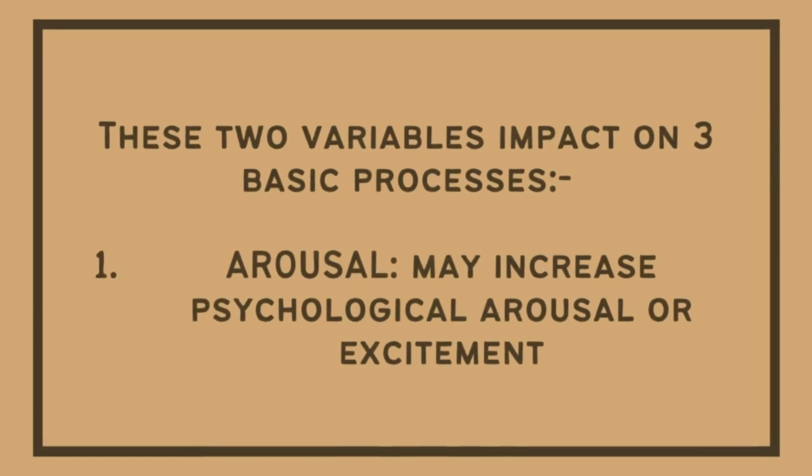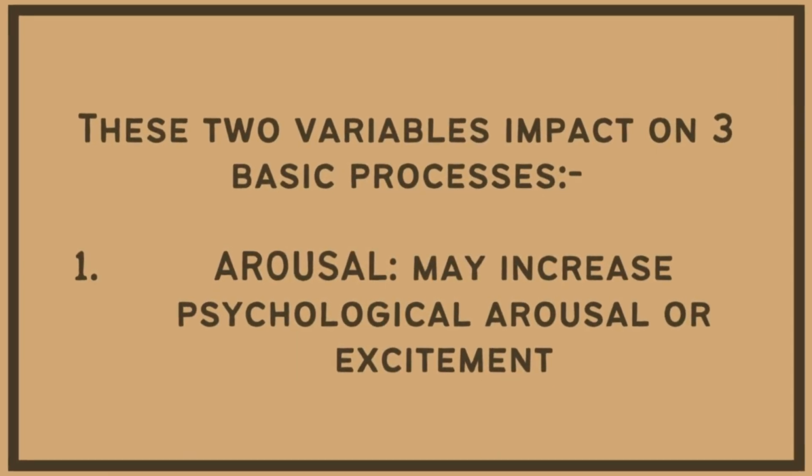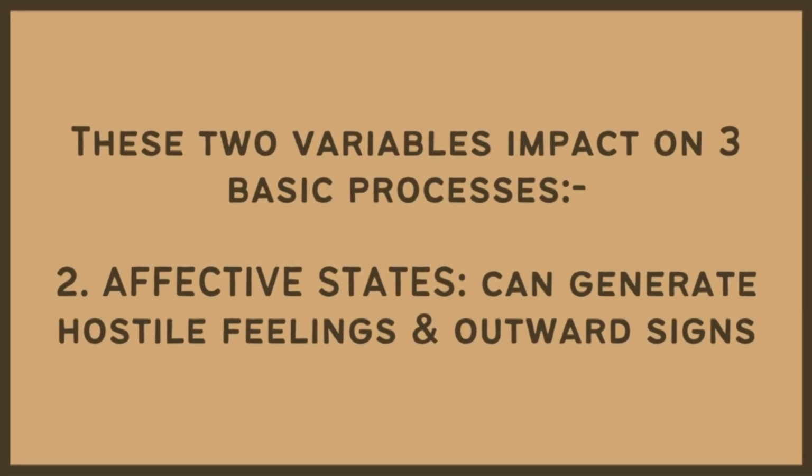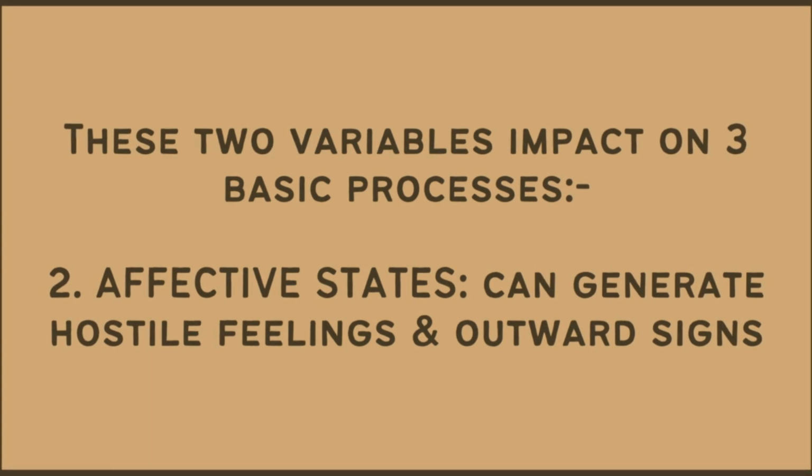Now these two variables impact basic processes in us, which are three. First is arousal, which may increase physiological arousal or excitement. Second is affective states, which generate hostile feelings and outward signs, basically our facial expressions when we become angry, frustrated, annoyed, all of that. So that is affective states. Third is